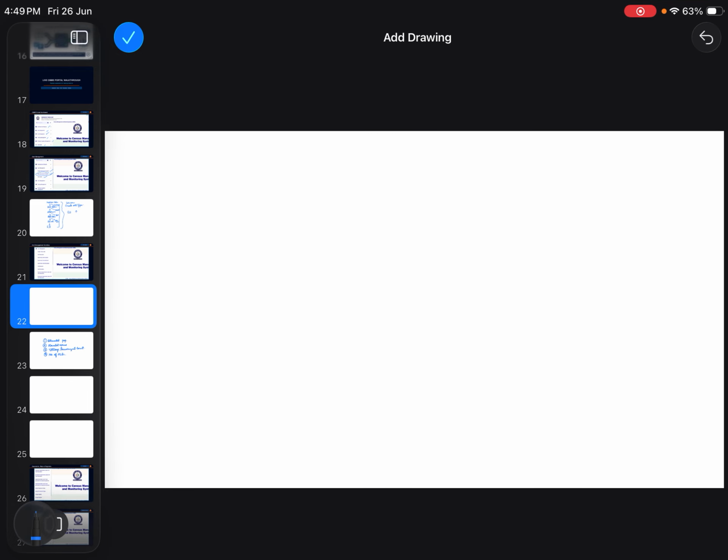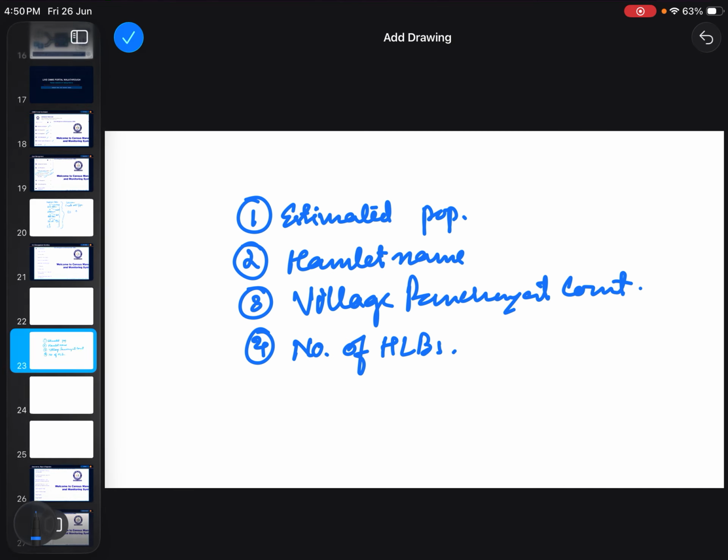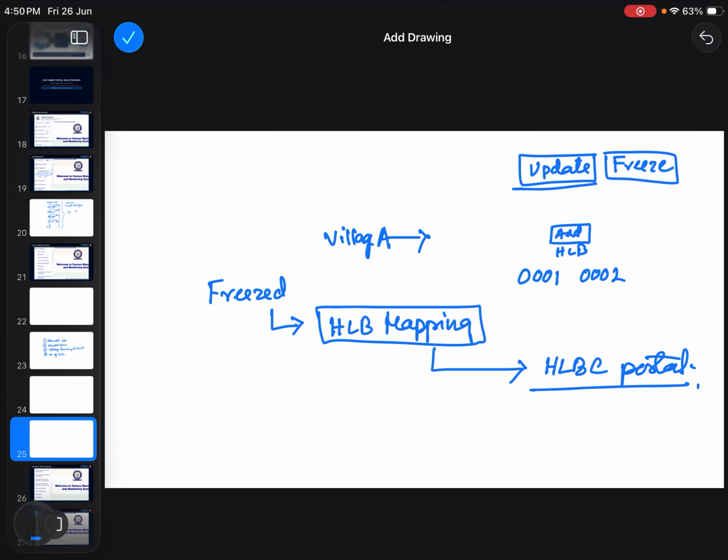Under HLB description, what is HLB description? For HLBC, I have already told that after the freeze, the data will be moved. After freezing, the HLB mapping button will be enabled, and then we will be redirected to the HLBC portal. For the HLBC portal, I have shared